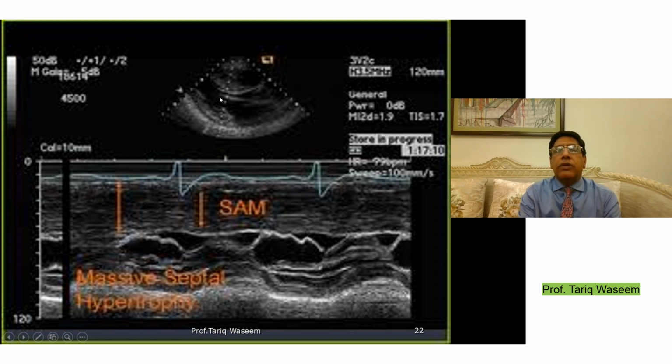So this anterior motion of the mitral leaflet would leave this area a bit open during systole, and there would be some degree of mitral regurgitation taking place, which would be very insignificant. So this is what happens in